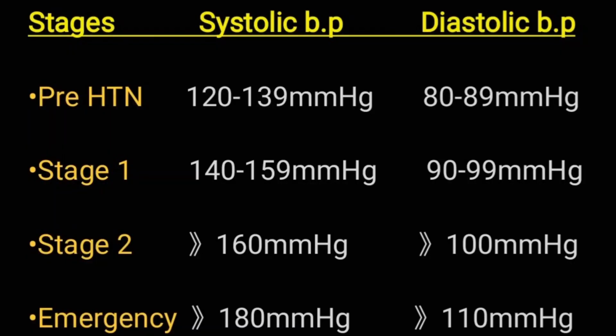Now, if your blood pressure is not falling in this normal range, there is some increase in the value, which is given here. You can see on your screen that there are three values given related to pre-hypertension, then hypertension stage 1, then hypertension stage 2. You can see all the readings here. If these readings exceed 180 for systolic blood pressure and 110 for diastolic blood pressure, then you need to go to the emergency care.